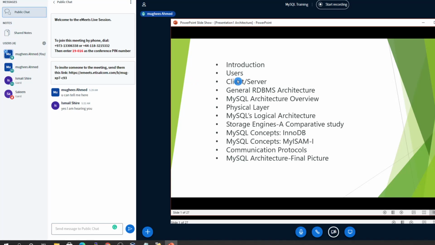Then we will talk about the general RDBMS architecture, which is layered: the physical layer, the logical layer, and then a storage layer architecture, which is general for all the RDBMS. And after that, we will talk about the